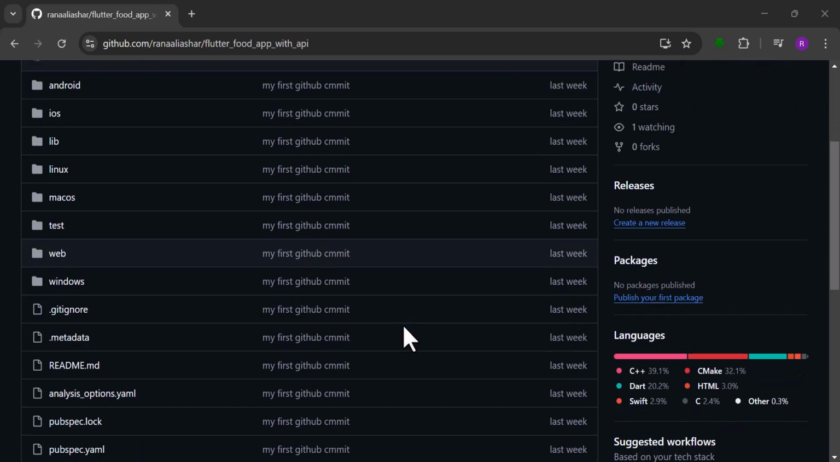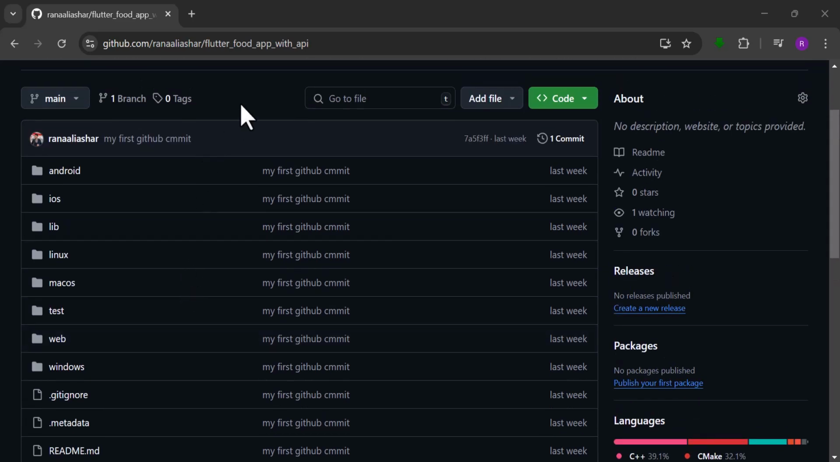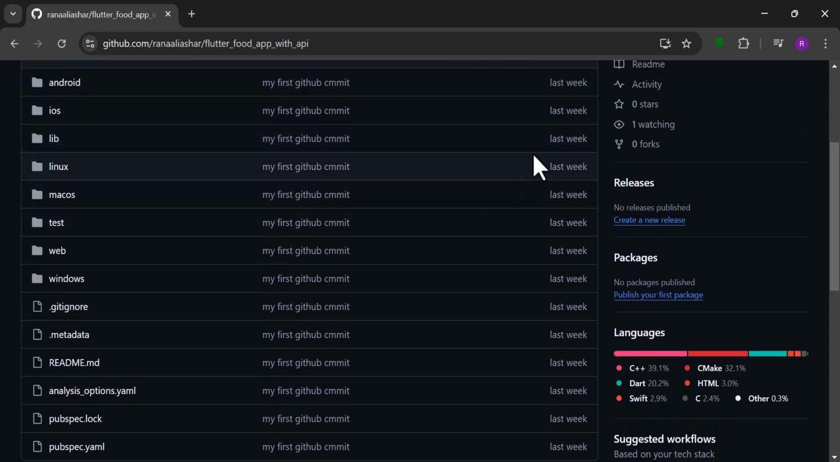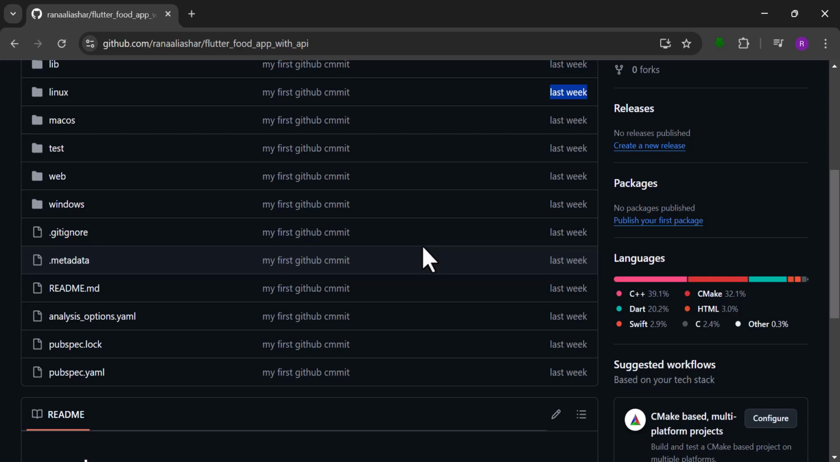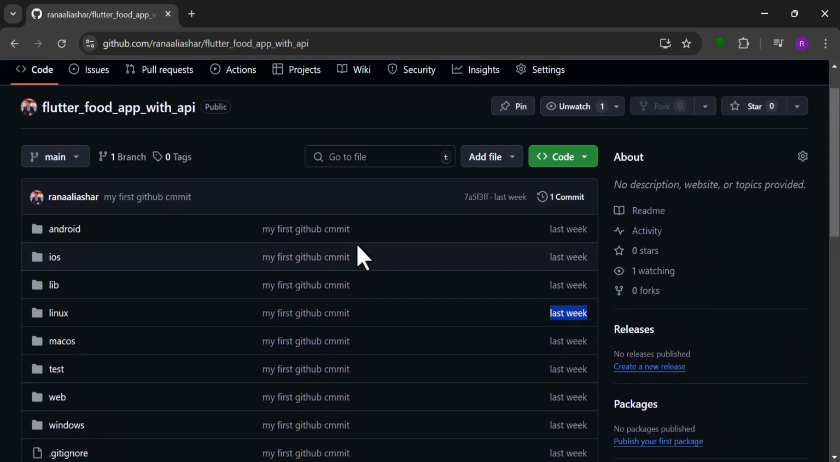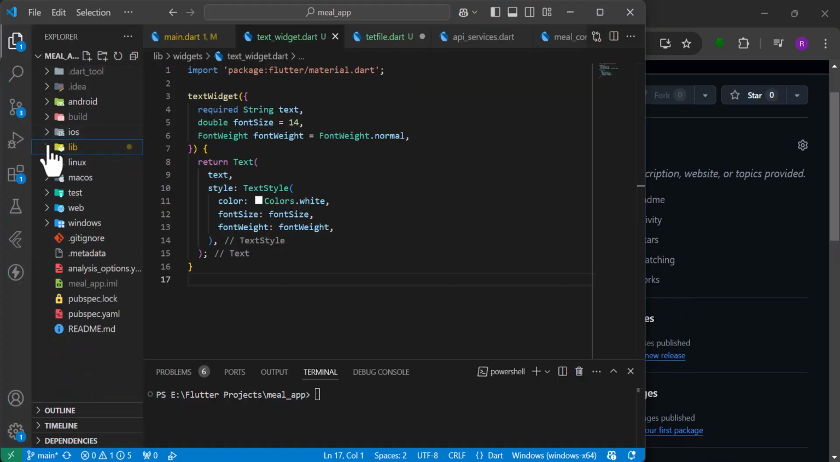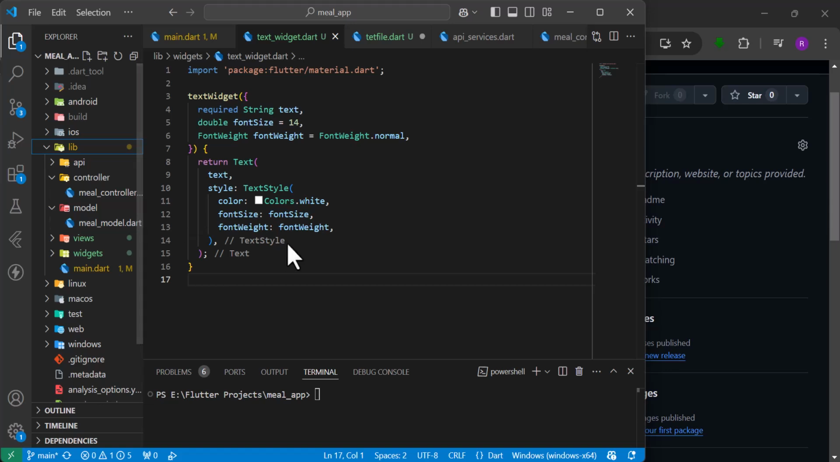So today what we are going to do, we are going to update our code we recently uploaded on GitHub. So you can see it. This was updated last week. So today we are going to update this code. Okay, this is our code. I have added a few files here when I was